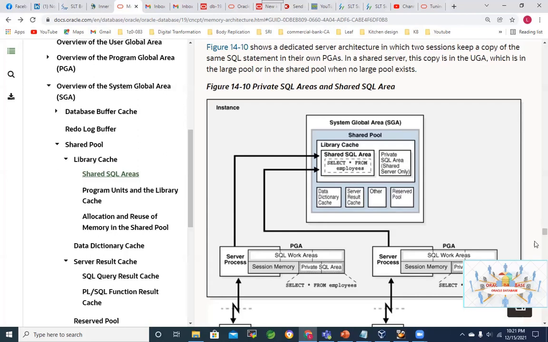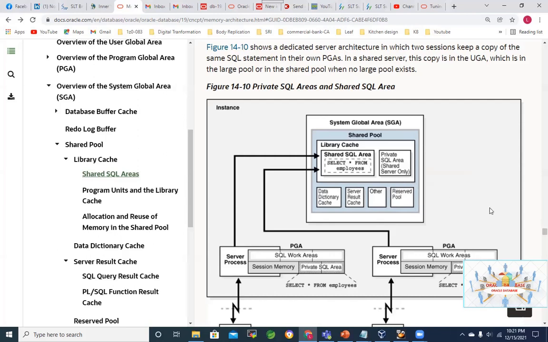If user number 3 issues the same statement again, then user number 3 can fit into that shared SQL area. But if user number 4 issues a totally new statement, which is both semantically and syntactically different, then that is going to initiate a new shared SQL area.